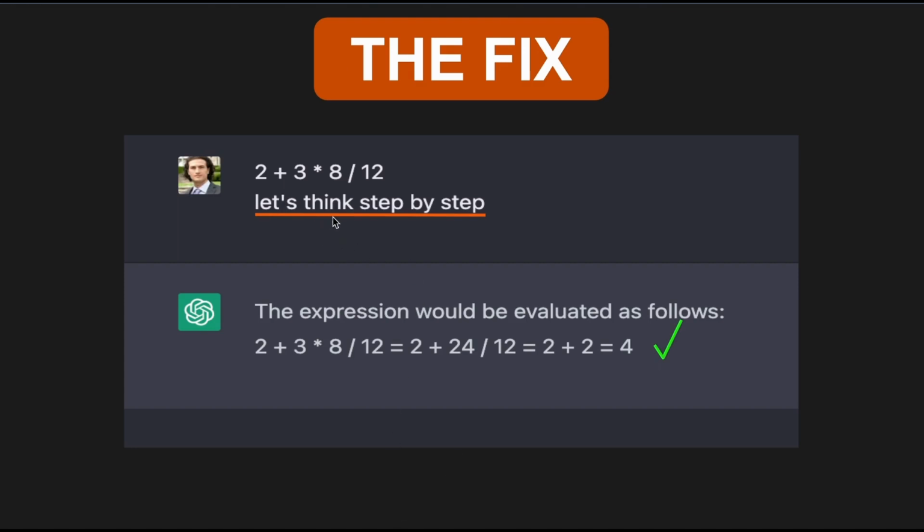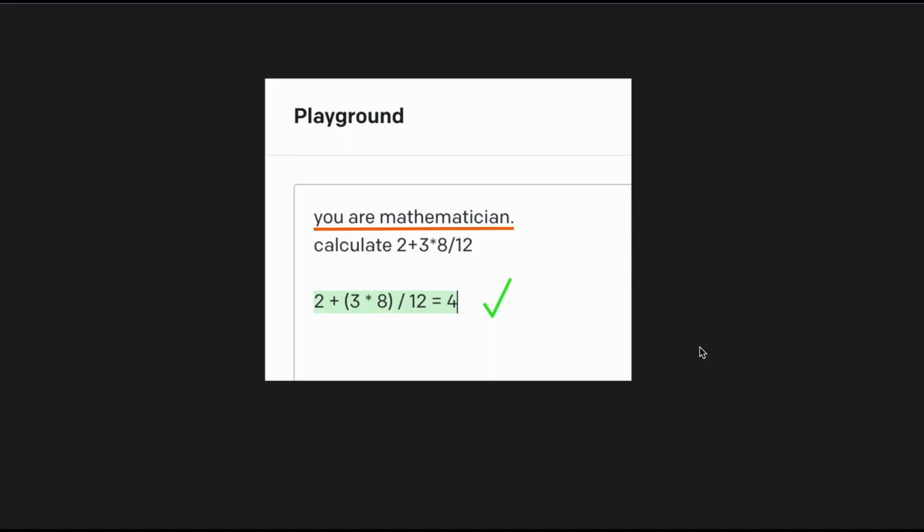If you ask it to think step by step, it will actually get it right every time, for a number of different problems. It forces it to use computation, and it makes the calculations right. So you can see what it's doing right here.